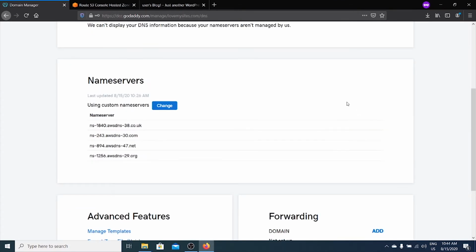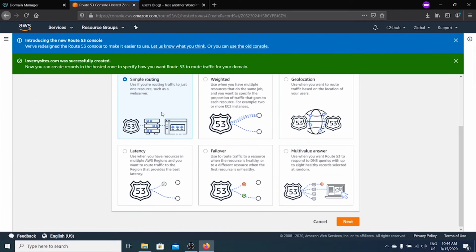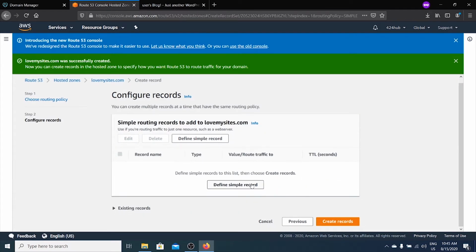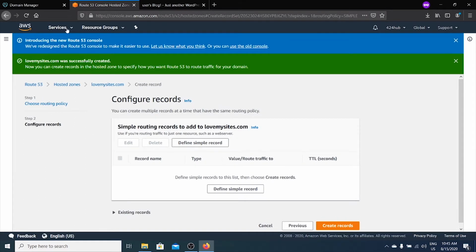Alright, so the name service has been updated here. The same thing over here, and then we still need to create 2 more records for everything to function fine. So we go to create record and simple routing, click next and define simple record. So here we need to get our IP address for the website. So I'm just gonna right click new,